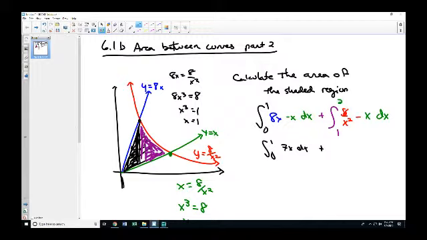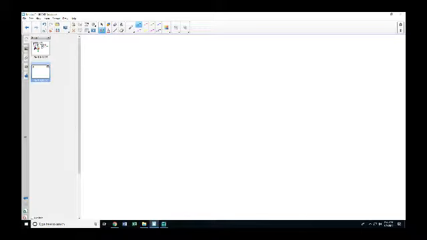Okay. Have you ever integrated along the y-axis? Not that I know of. Not that I can recall. Okay. So if I have a graph of something like